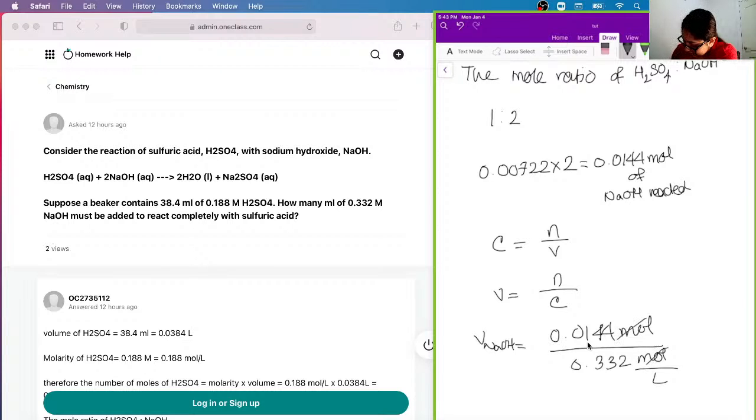So the moles get cancelled out, and what you're left with is